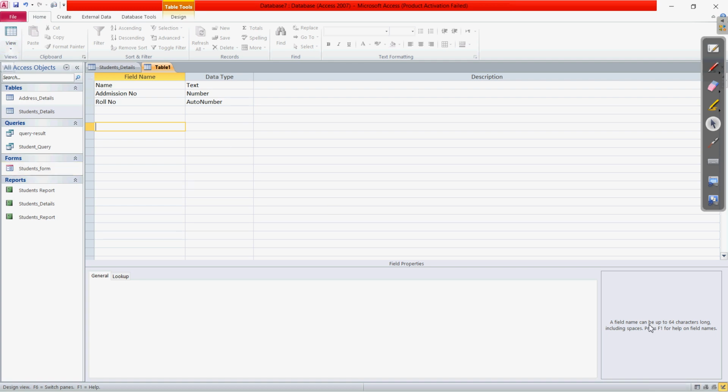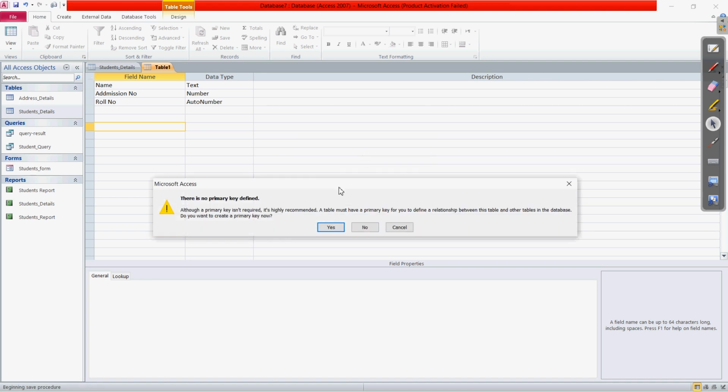From here we can switch from one view to another. Let us click on this datasheet view. It is asking to first save the table, so click yes. It is asking for a table name, let it be table 1. Right now it is giving you the message that there is no primary key identified.